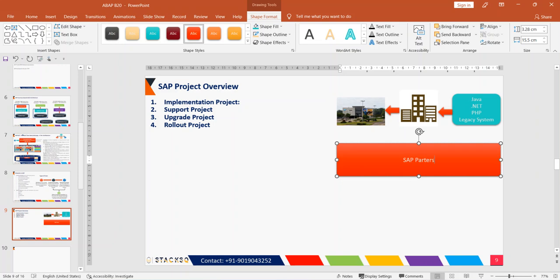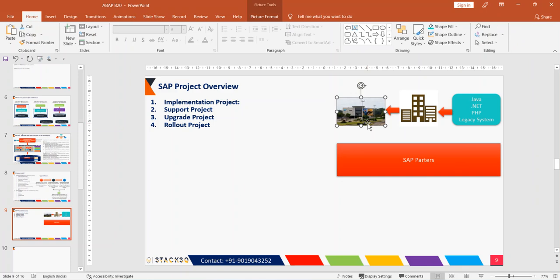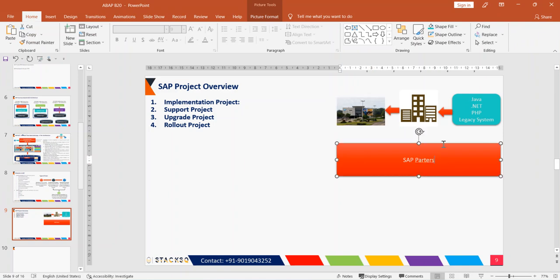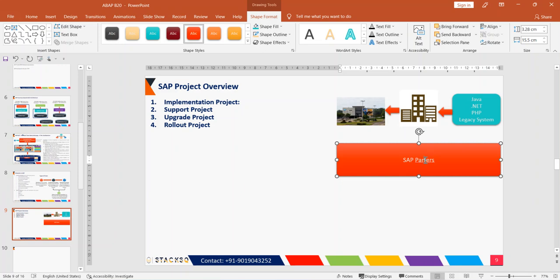Sometimes, if they have enough resources, SAP will also implement it for its customers. If they don't have, there are SAP partners, okay, who will implement the solution for the customers,